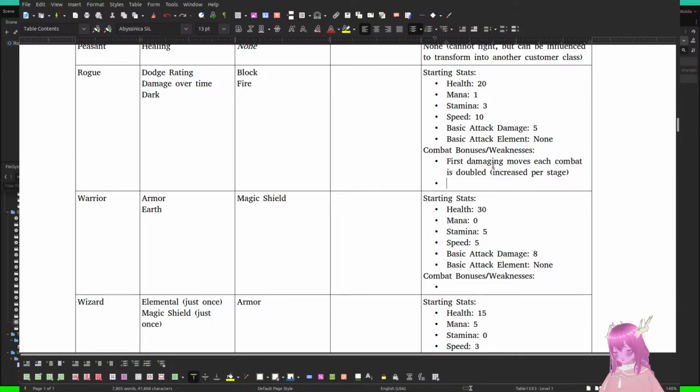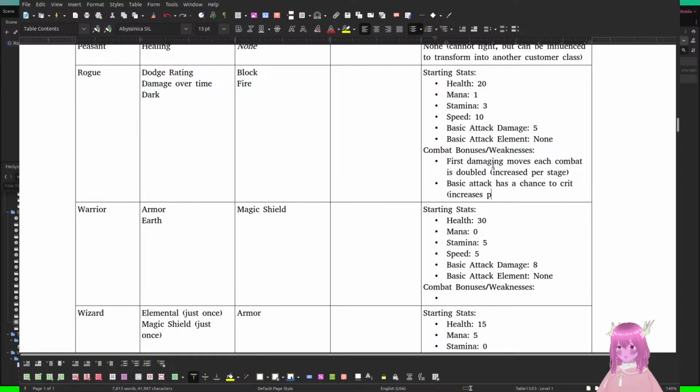And then we'll also have basic attack has a chance to crit, which increases per stage. Starting at what, 30%.